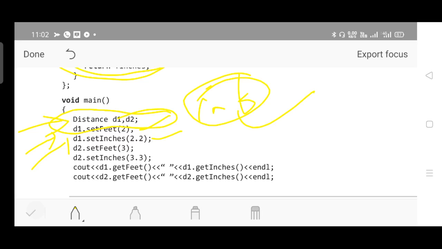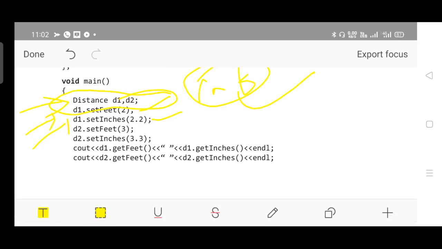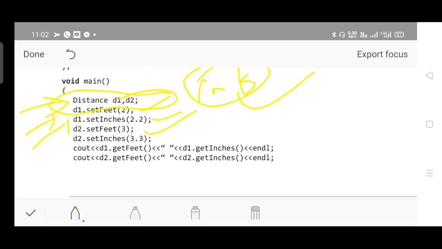Similarly, d2.setFeet as well as d2.setInches, d2.setFeet 3 as well as setInches 3.3. Anything it can be, since one is declared as integer, the other one is declared as float. See, these are the actual arguments.